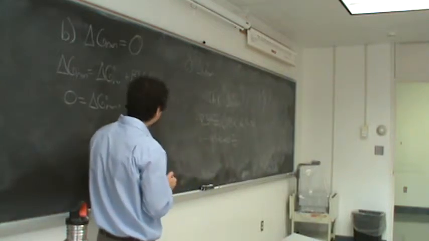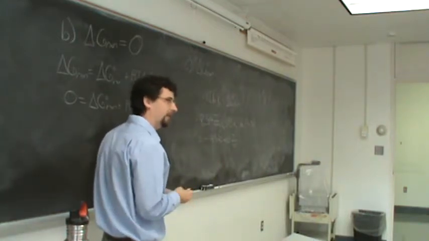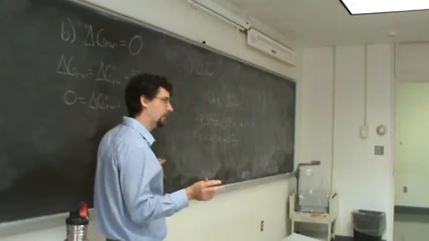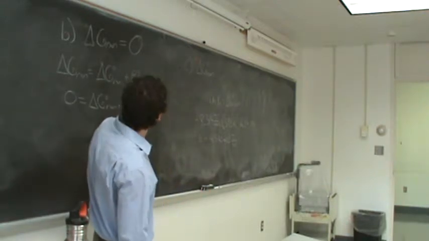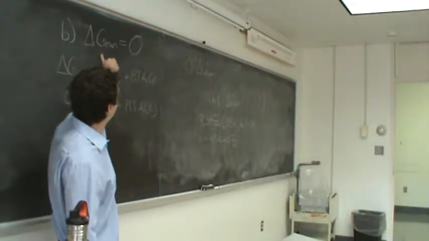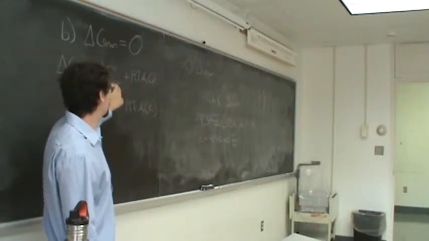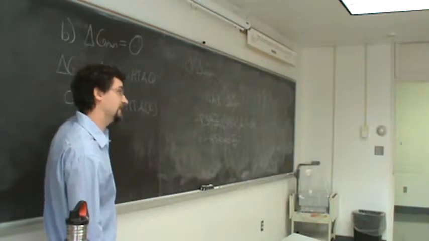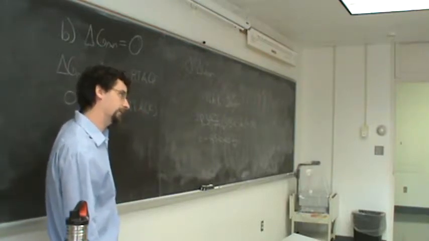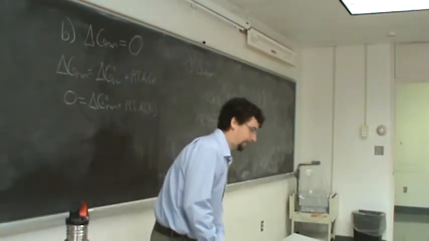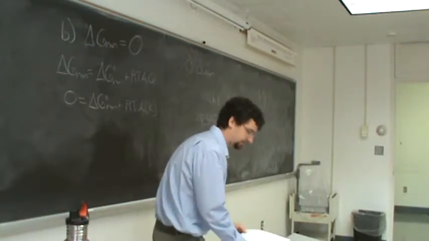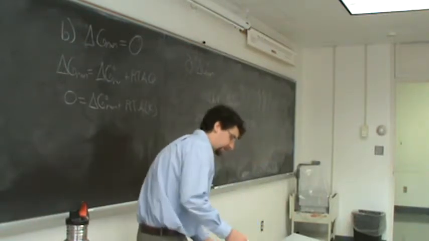Okay, cool. Are there any questions about that problem? A lot of stuff was crammed in there. The most important thing to know is delta G of our reaction is going to be 0 at equilibrium. Delta G naught of the reaction, however, is not equal to 0 at equilibrium. Okay? Any questions? Okay, so far,